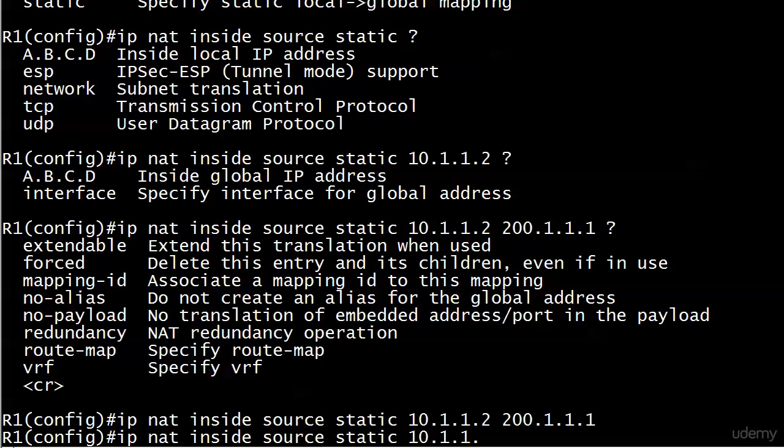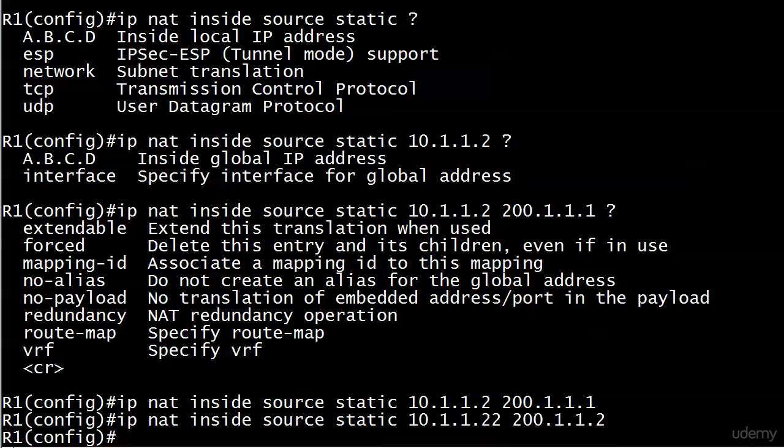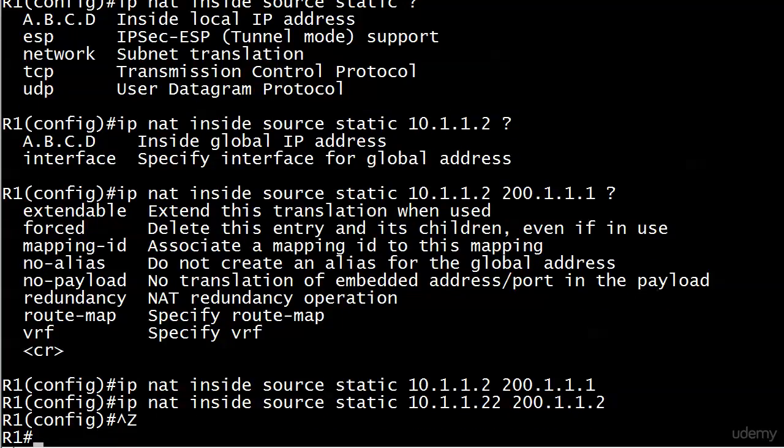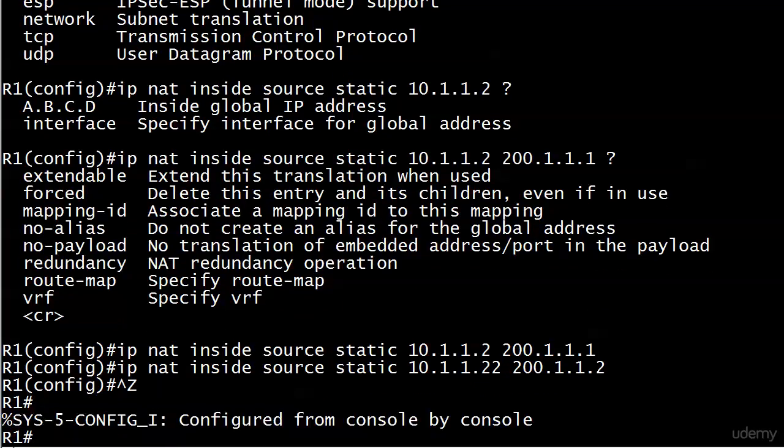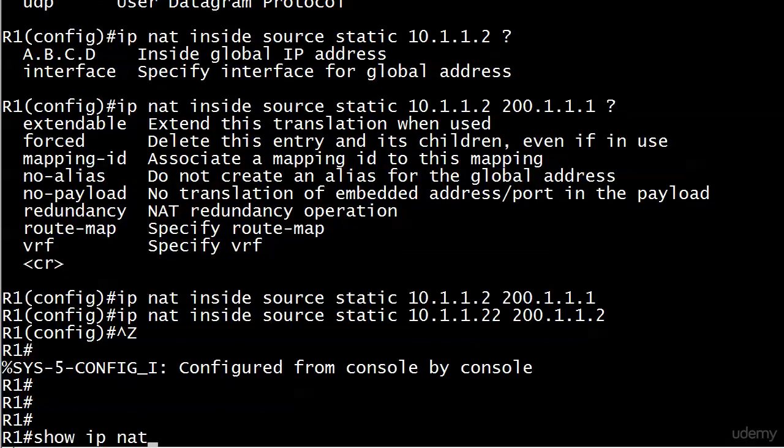Geez, 10.1.1.22. That's what happens when you change the numbers. 200.1.1.2, assuming that's it. So we're assuming then that we were given the addresses 200.1.1.1 and 200.1.1.2. We mapped them to 2 and 22, and that's all there is to it. If you want to check your work,